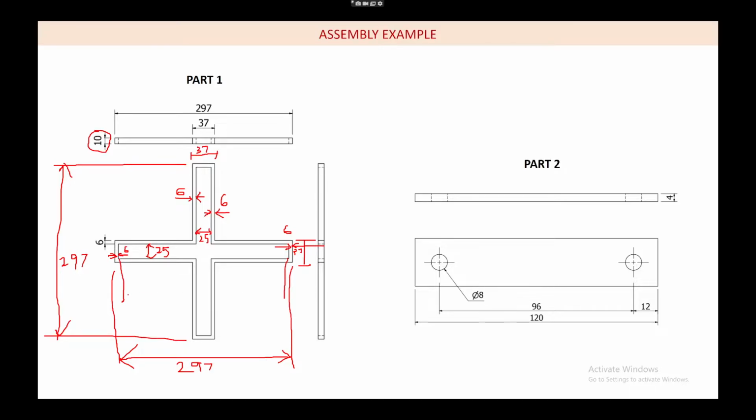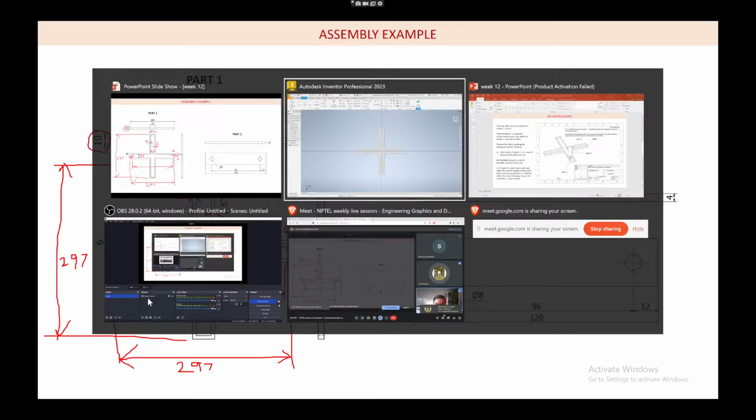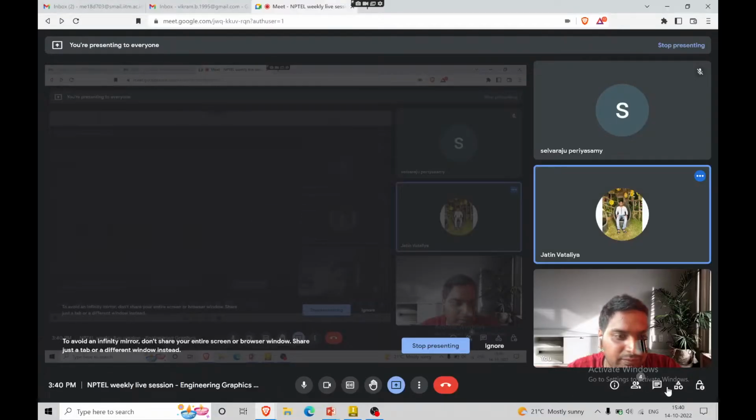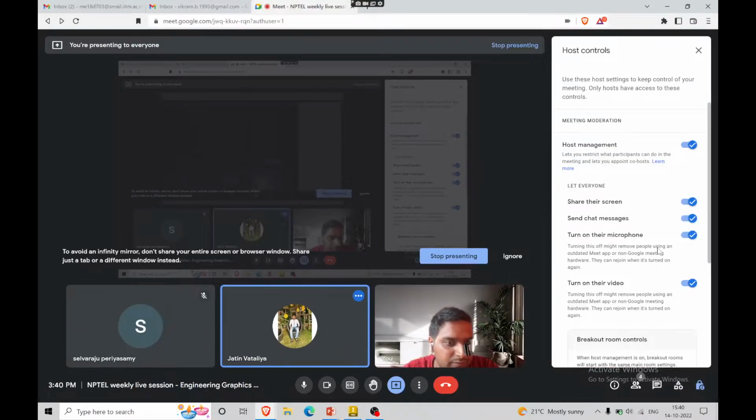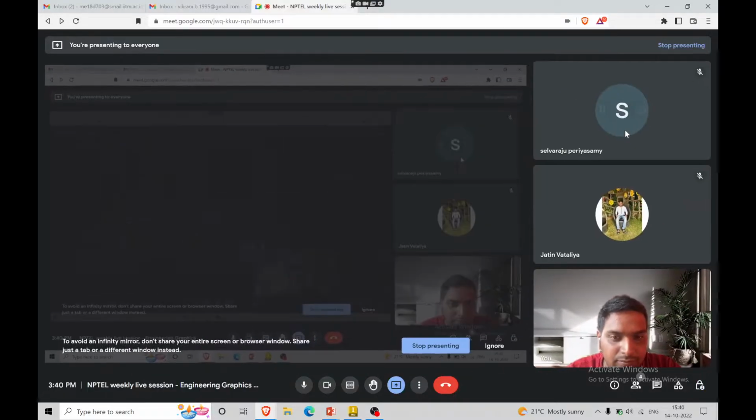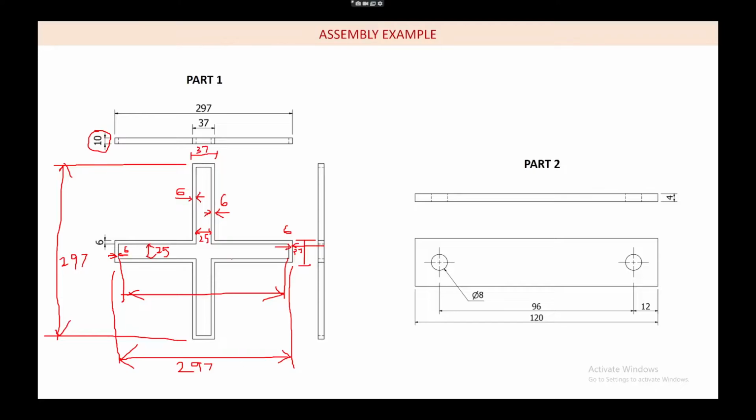It's going to be 285. So this is going to be 285. So 285 and 25, that is going to be my